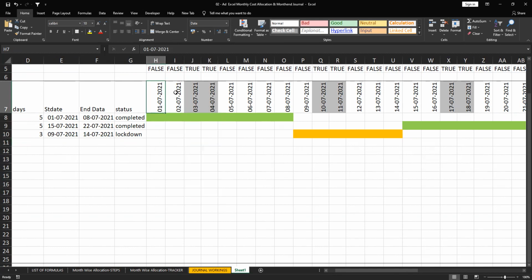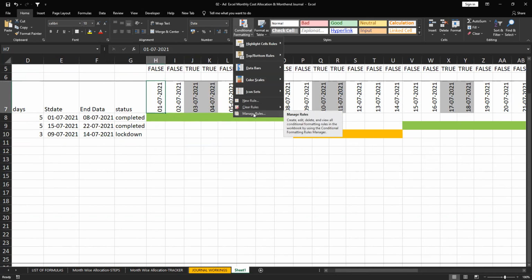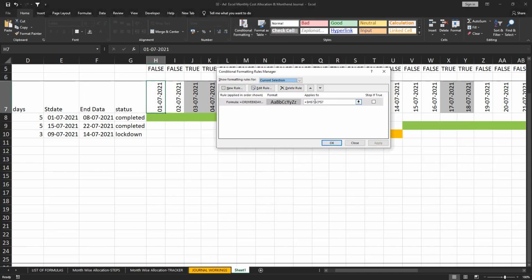Go to conditional formatting, manage rules. Observe this: conditional format is done only for one cell, but I need many rows. I need to extend the formatting. When you manage rules, here you can see the range, H2 to 7.